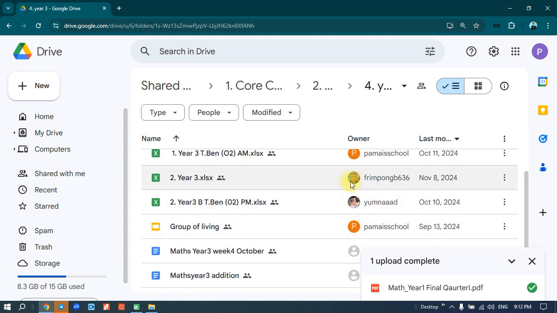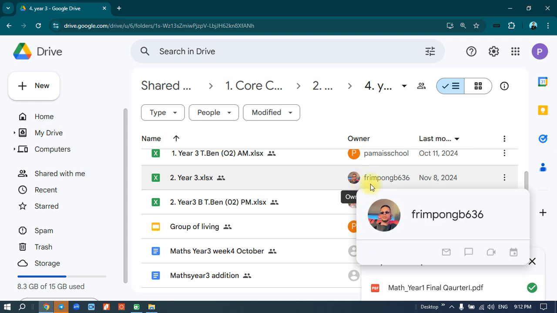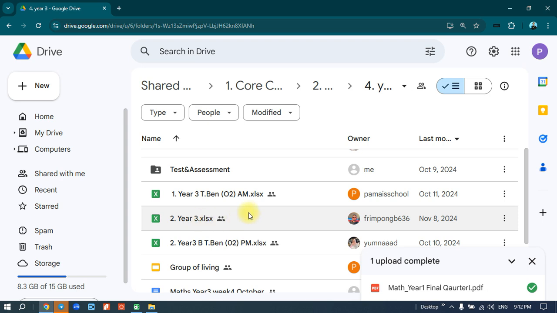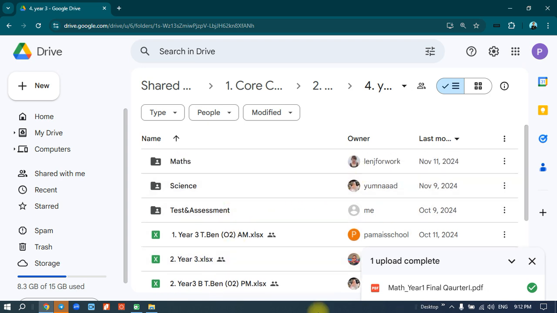Example Yumna, here I think Ben, yeah, Ben, he has uploaded his document here, and Imi, Yumna upload the document into this folder. Okay,